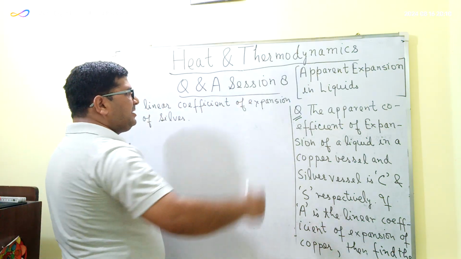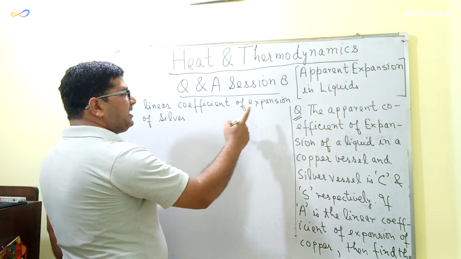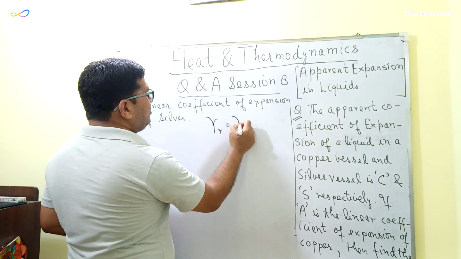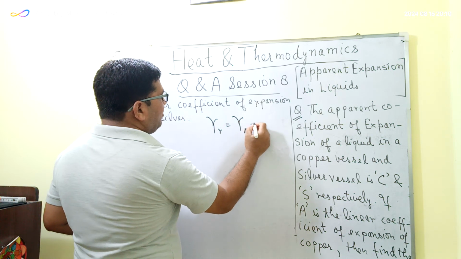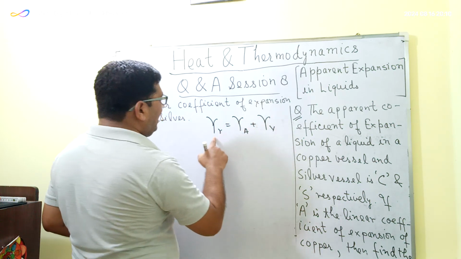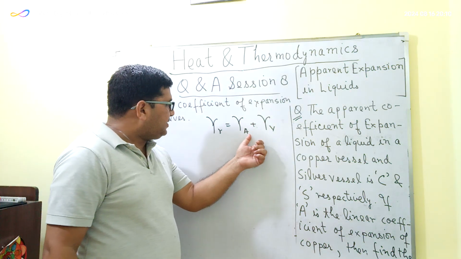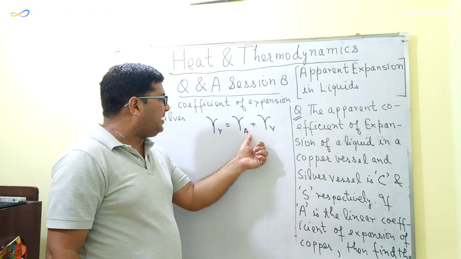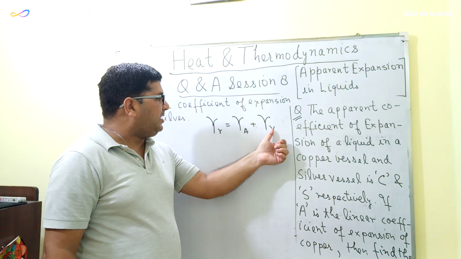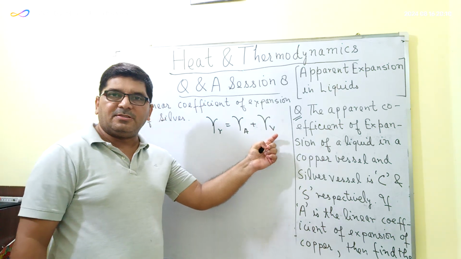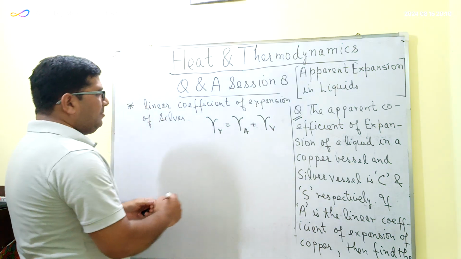In the previous session, session number 7, we have studied that gamma R is equal to gamma A plus gamma V, where gamma R is the coefficient of real expansion of the liquid, gamma A is the coefficient of apparent expansion of the liquid, and gamma V is the coefficient of volume expansion of the vessel in which the liquid is kept. So here